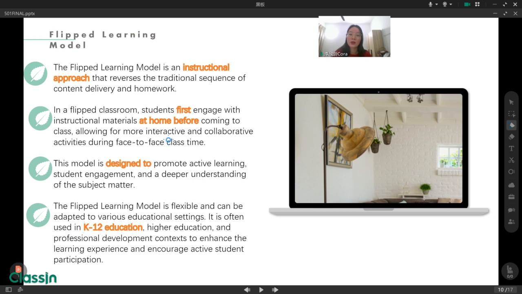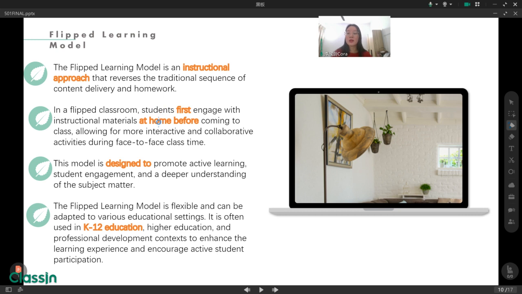There are so many sentences here, so we just pick up some points and keywords to help you understand what the flipped learning model really is. The flipped learning model is an instructional approach. So please remember, it's an instructional approach. The aim is to reverse the traditional sequence of content delivery and homework.